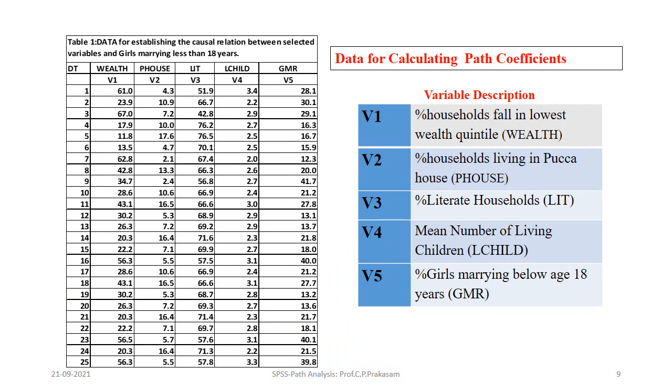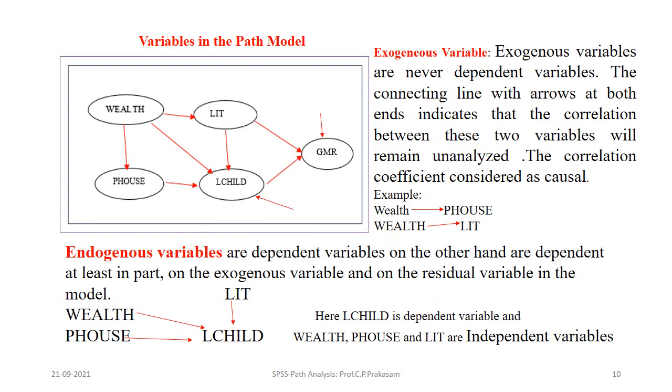Here you can see the data. One can verify it if they are interested to practice with the data for the given variables. It is given on the left side. And here is the path diagram. But before going to the actual path diagram, we should understand the concept of the variables which have been incorporated. There are two important types of variables, that is exogenous and endogenous variables. There are other types of variables also that will come in later.